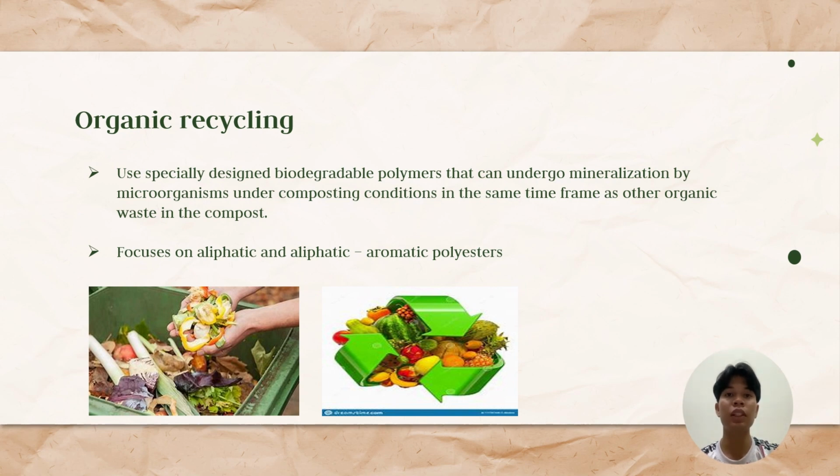Current research in the development of compostable synthetic biodegradable polymers primarily focuses on aliphatic and aliphatic aromatic polyesters. So what are aliphatic and aliphatic aromatic polyesters? These polymers are prepared by ring opening polymerizations and condensation polymerizations. For example, polybutylene adipate terephthalate (PBAT) is synthesized by condensation of 1,4-butanediol with terephthalic acid and adipic acid, and it